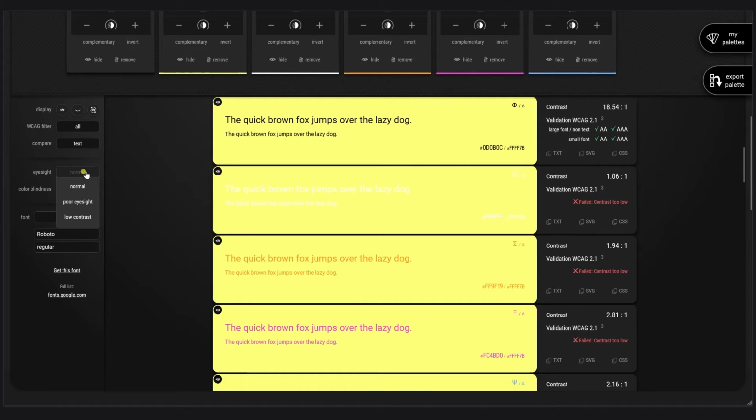You can choose normal, hopefully you, or you can choose poor eyesight. Poor eyesight is basically a simulation of blurry text. Blurry as somebody who has poor eyesight, somebody who needs glasses for instance, would see your text without glasses.